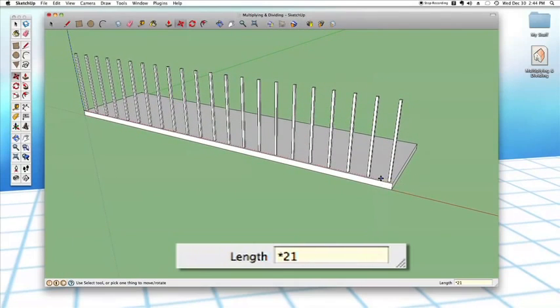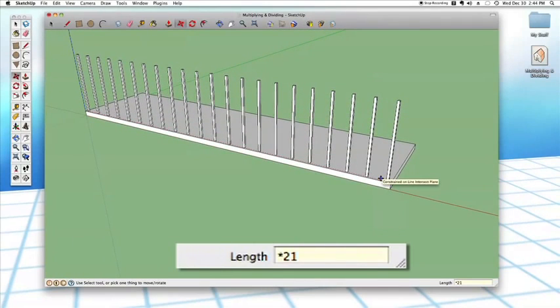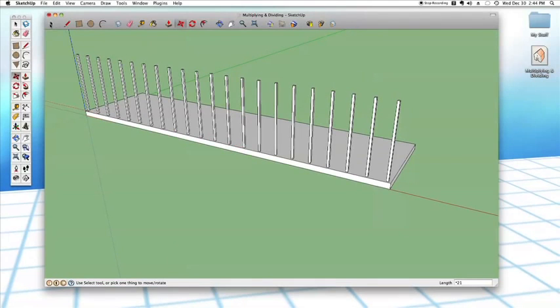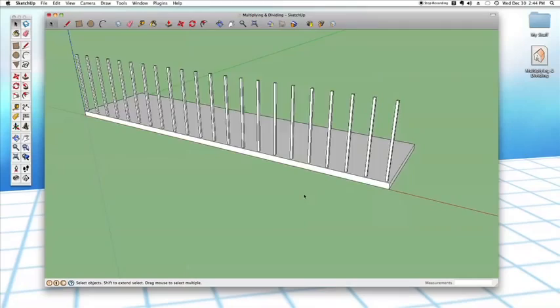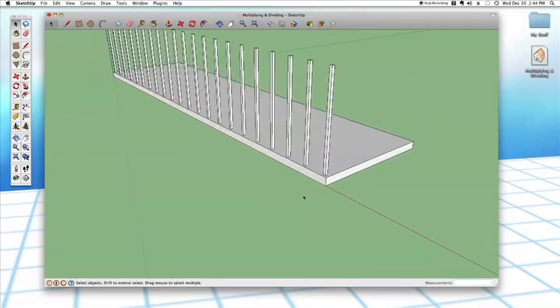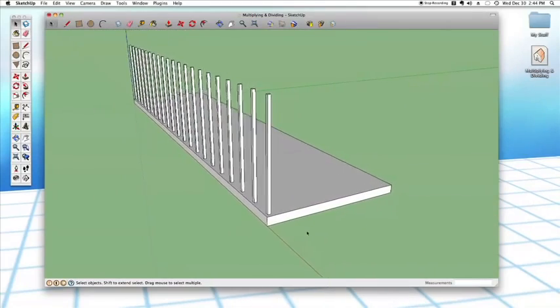Perfect. Look at that. That's excellent. And really, it only took me seconds, whereas before it would have taken me several minutes to make all of these copies. And then, of course, the next thing to do is add the railing on the top, which for